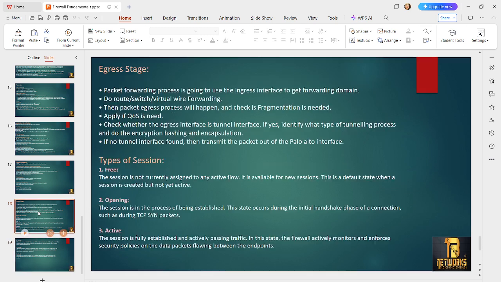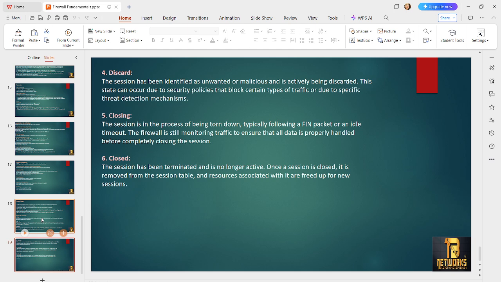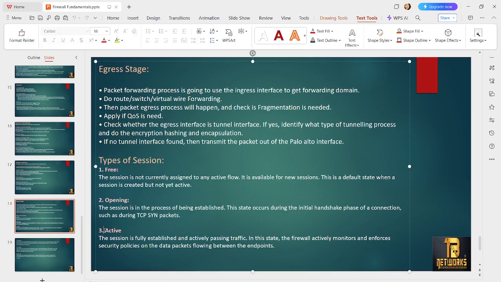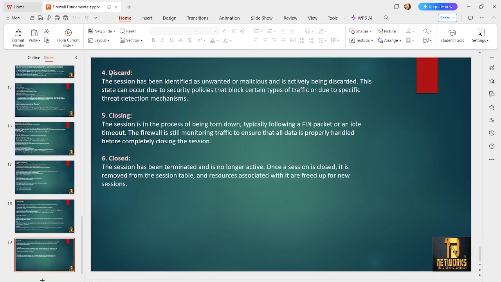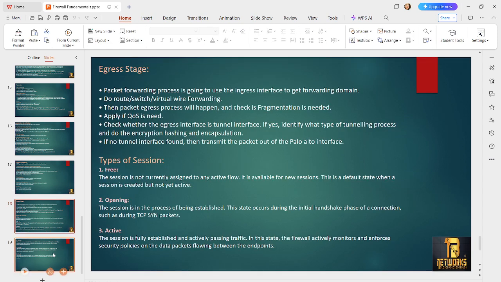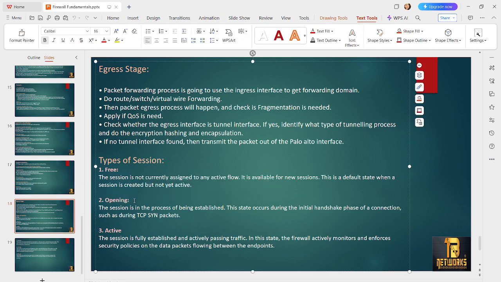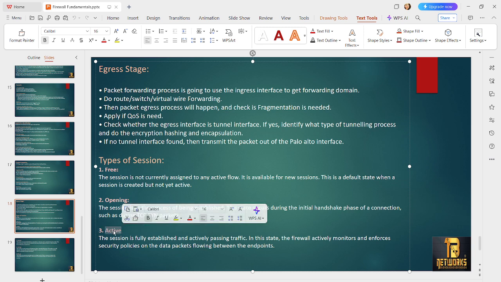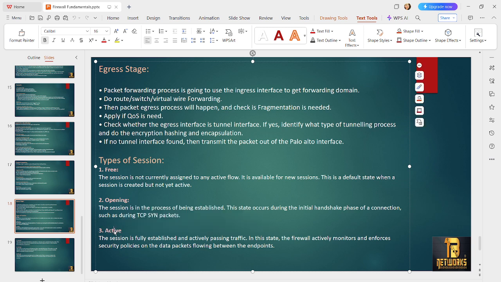These are the types of sessions we can see. We can see only the active and discard states, because these two are the stable states. Apart from that, all are transition states. Transition means it is moving from one state to another. It is free for some time and then in the opening state. Again, if active traffic is seen on the firewall, it will be moved to the active state. This active state is stable until